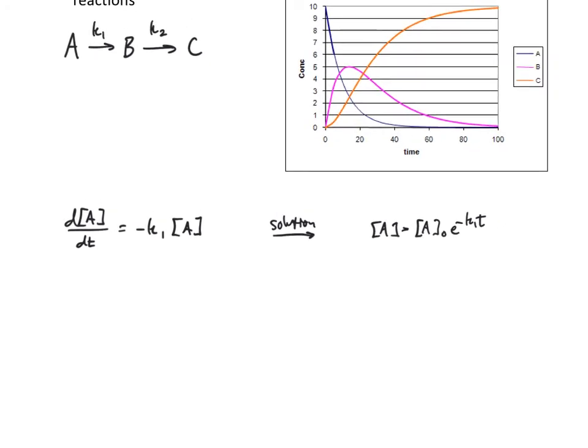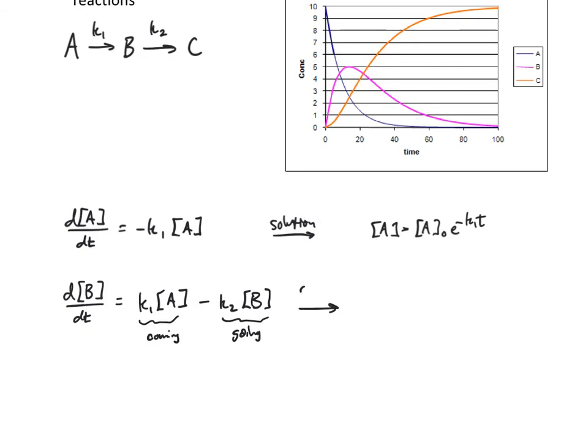So now when we want to think about the formation of B, it gets a little more complicated. The rate of B concentration change with respect to time is going to be partially thanks to how fast the first step of the reaction goes, depending on the concentration of A, but then also how quickly B disappears. So it's going to be minus the rate constant k2 times the concentration of B. So as you can see, B is coming from this part of the reaction and it's going to that part of the reaction. There is a solution to this one,